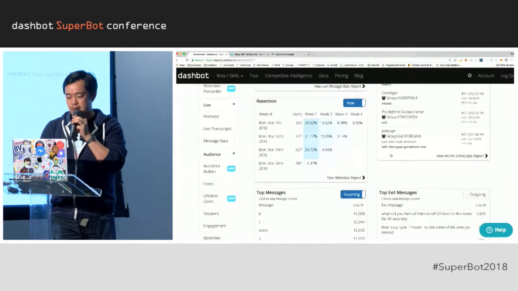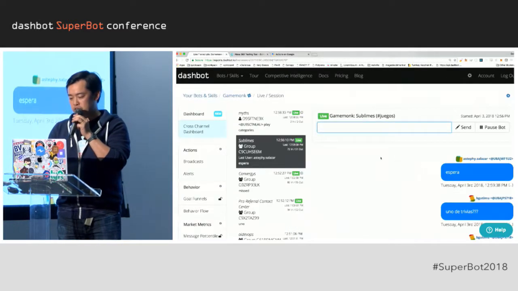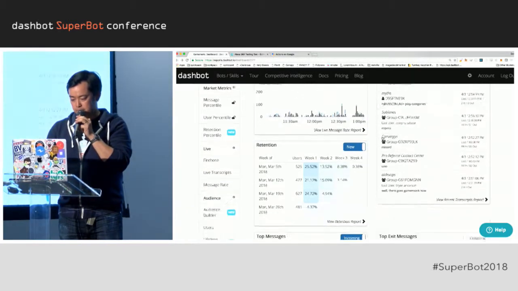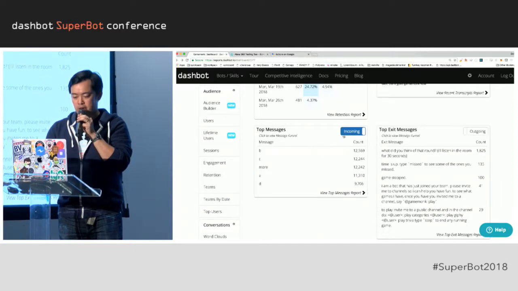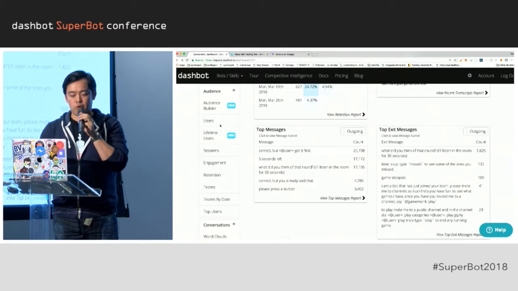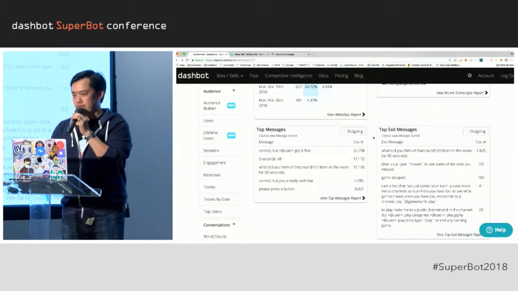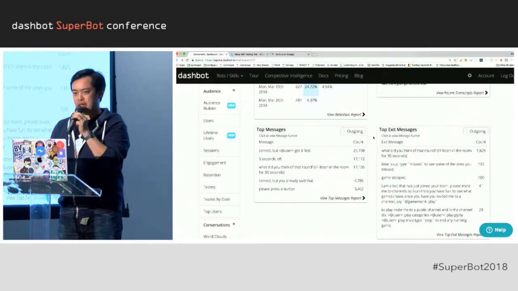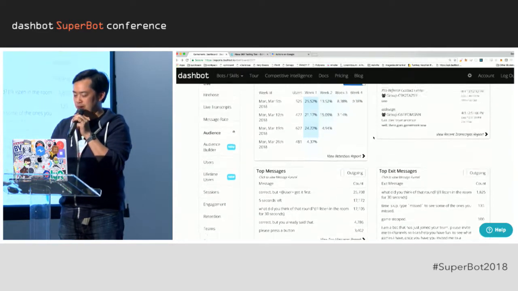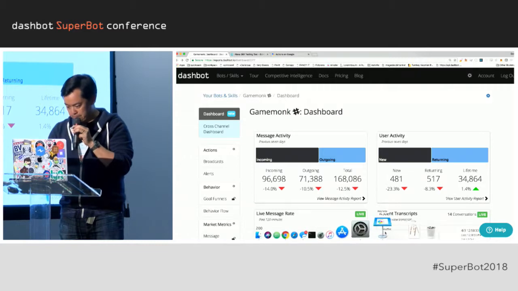Our retention, and then if any one of these transcripts were interesting or you wanted to dig in, you could click on it and dump yourself right into the conversation to see what was happening. And then, of course, we have our incoming and outgoing messages, the top messages here. Many of these reports are contained within the expansive left-hand navigation that we have, but we were finding that a lot of our support requests were asking about reports that we already had, so we built this new dashboard to help surface some of the more popular reports. So I hope you guys like it.